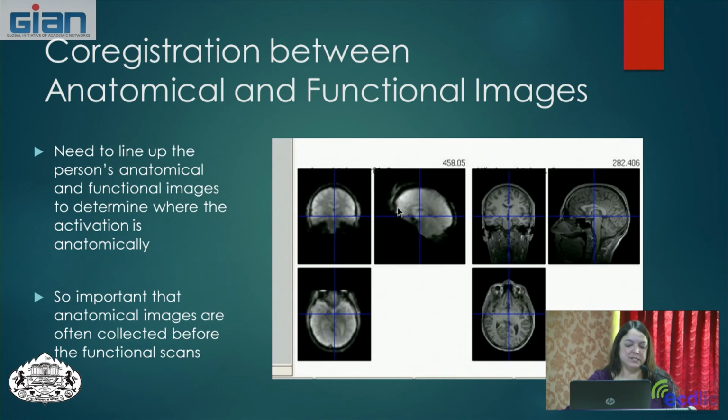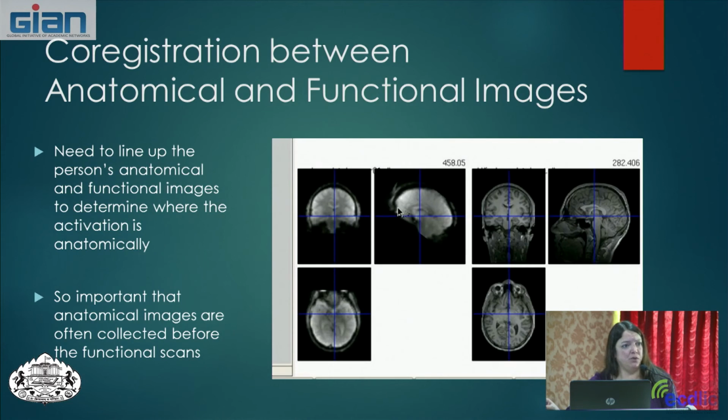And so we like to not make any assumptions about where we are on the brain, especially based on our low resolution functional scans. So we co-register these by lining them up using an optimization algorithm so that we can put them together with as little difference as possible, and then we can put our functional activation on top of the anatomical. So like I mentioned before, some people think it's very important to get this anatomical information first, because